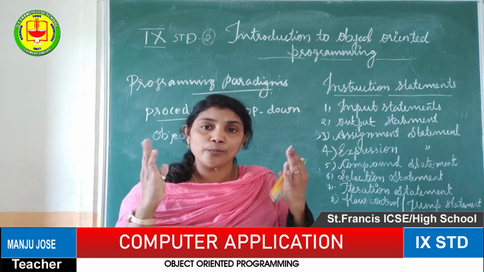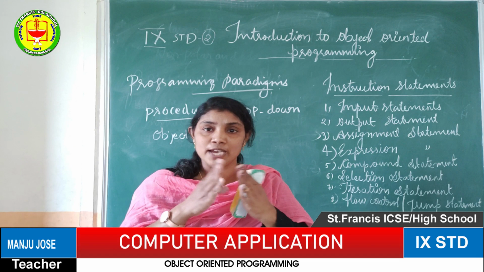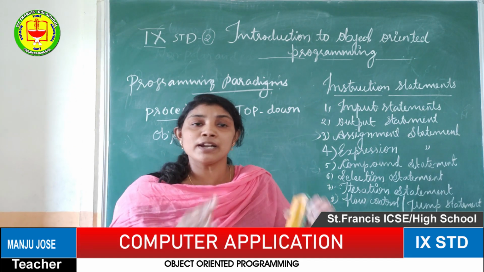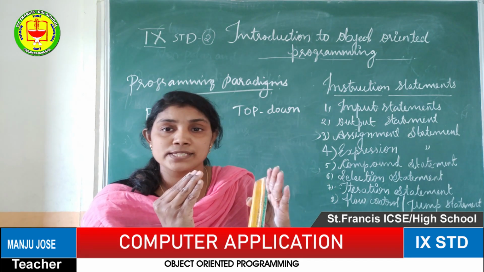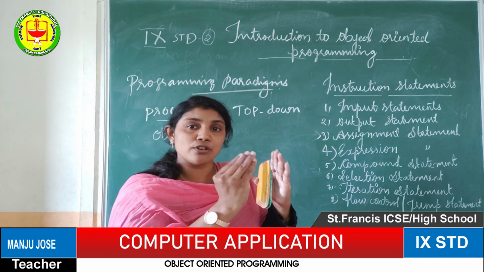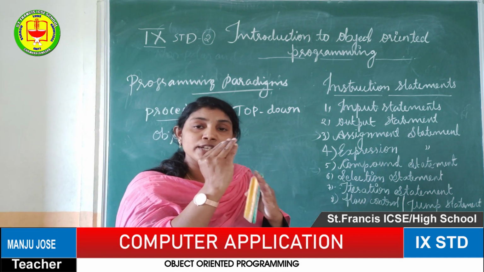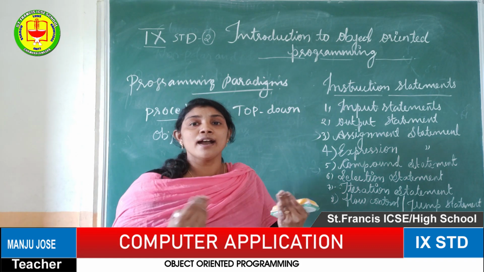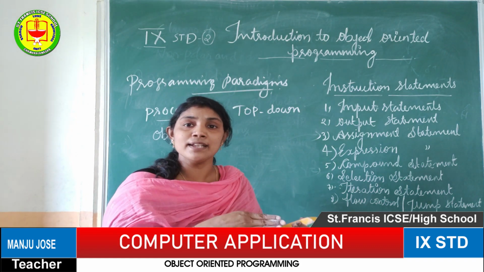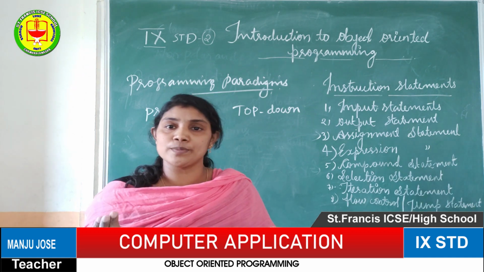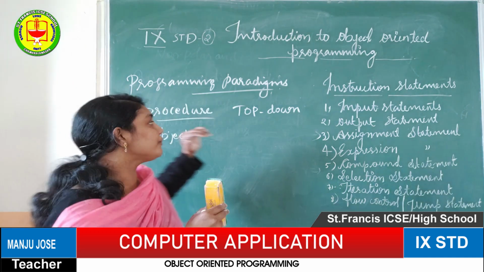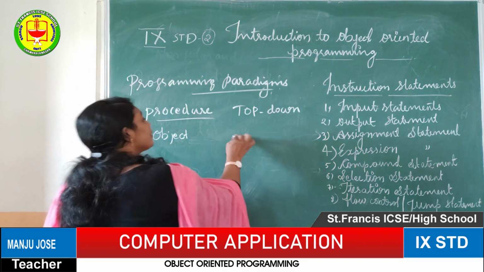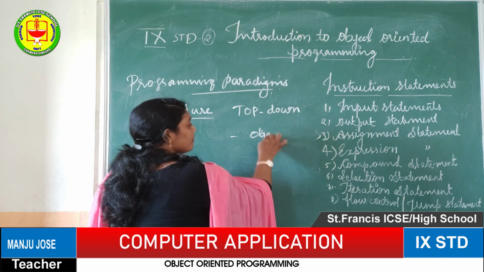So a number of objects will be there. This number of objects we are going to divide, focusing on one particular object. After gathering the data about that particular object, we come back to the computer, write the program and complete it, and then focus on the next object. That means the majority of this kind of programming is known as object oriented.